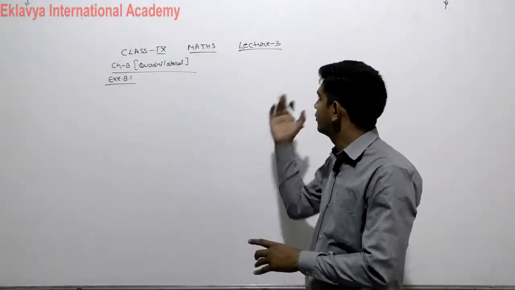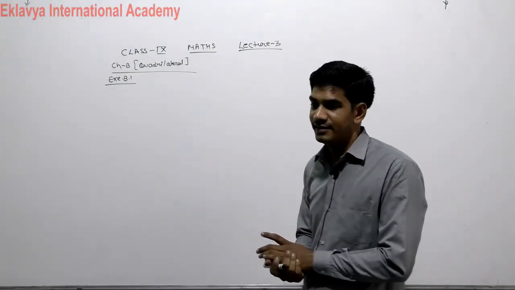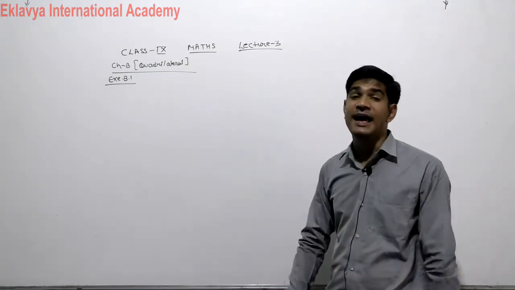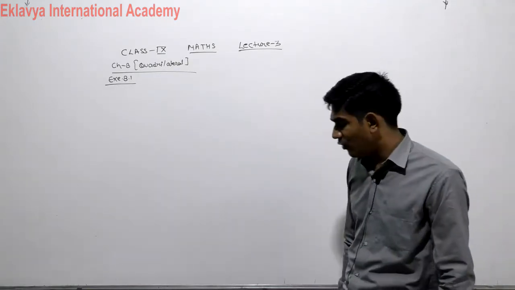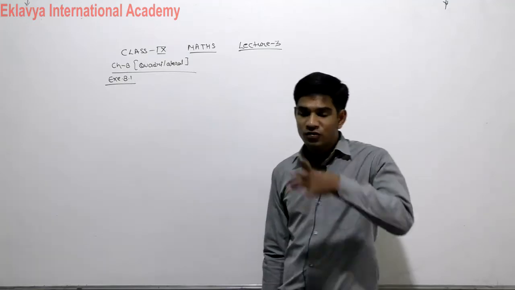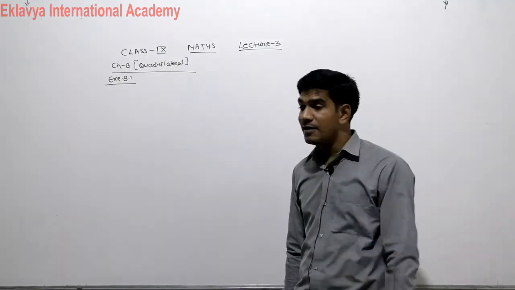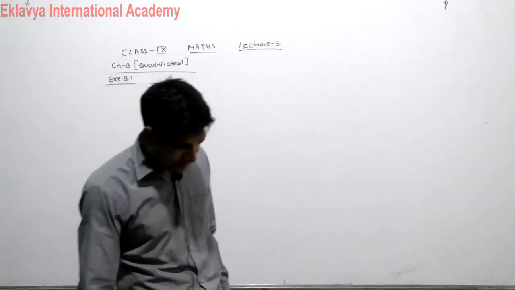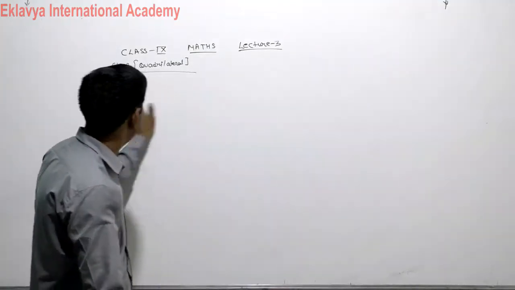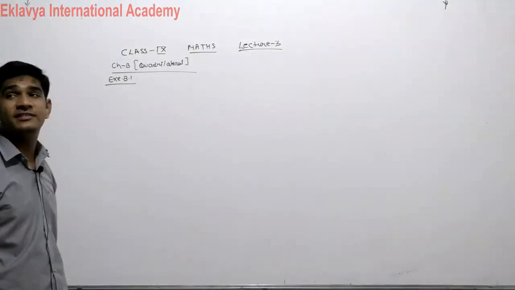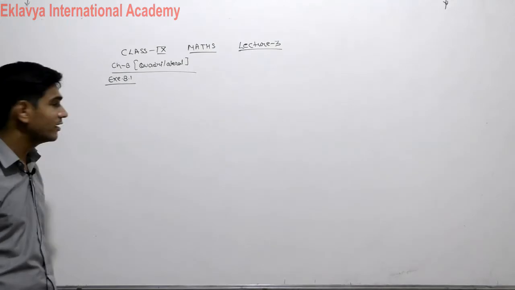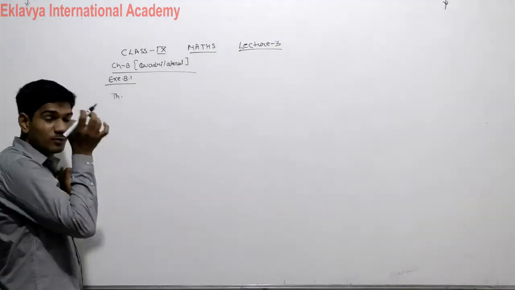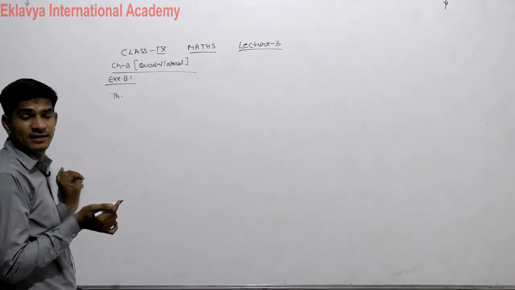In the previous lecture, lecture 2 of class 9, we already discussed the general questions based on the angles and properties of the parallelogram, rhombus, and also the properties of all types of quadrilateral. In today's lecture, we will discuss the exercise 8.1 theorems given in your NCERT. Theorem first we already discussed: the sum of all four angles of a quadrilateral is 360.